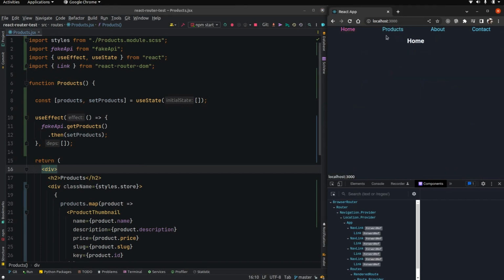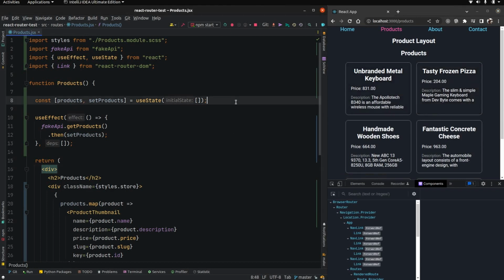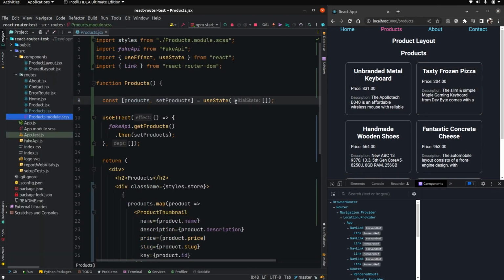When I click on the home link and then the products link, it takes a few seconds for the content to load. So we need to let the user know that the content is loading so they don't just hit the back button. So I'll create a new component in the components folder named loader,